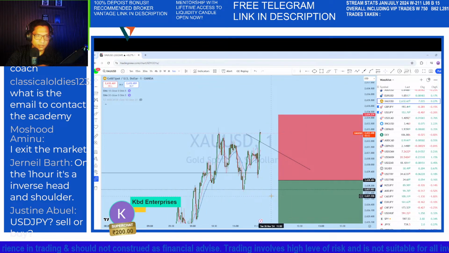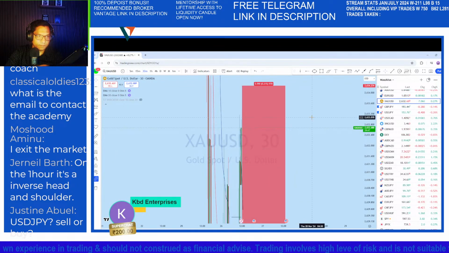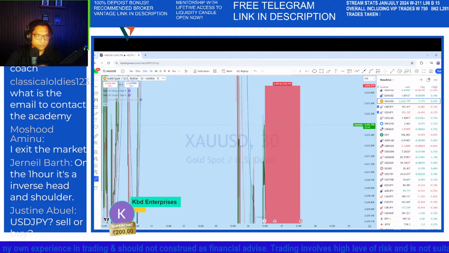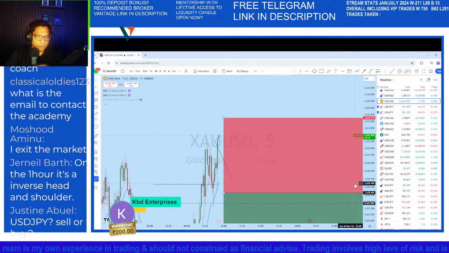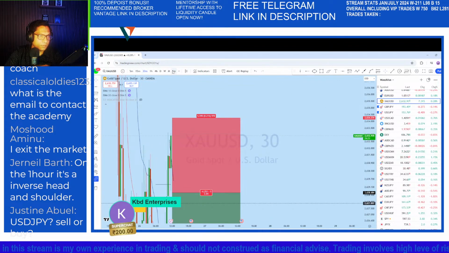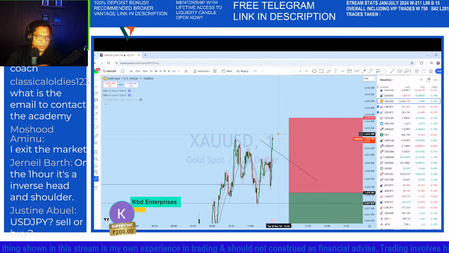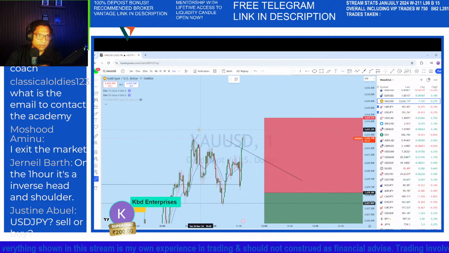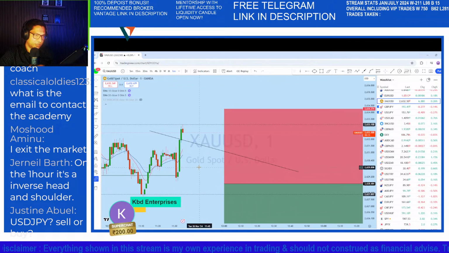The price is on a resistance line, and from this resistance, okay, so still possible for another breakdown here,